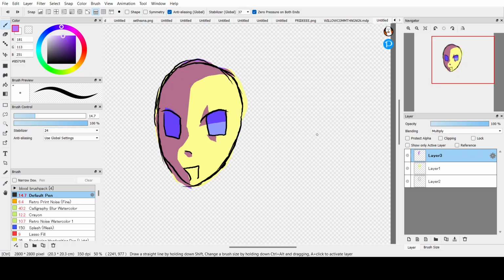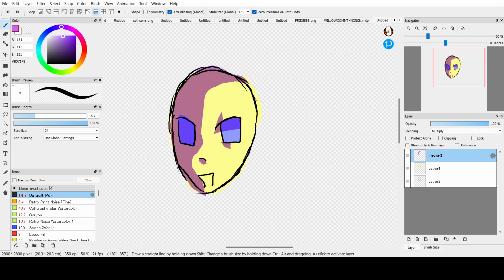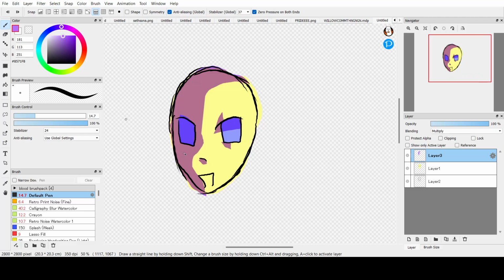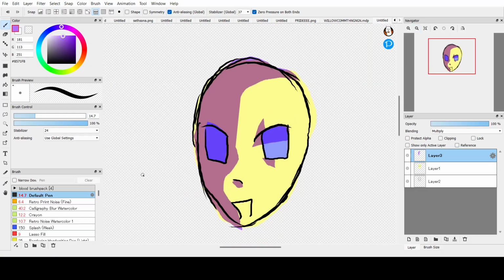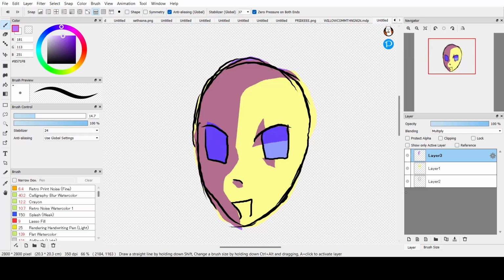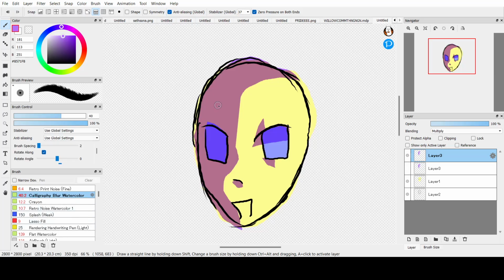You don't have to have a light source if you don't want to. You can mess around, but if you want it to look natural, usually you want to have a light source. Now there's different kinds of shading, so I'm going to show you rendering next. Rendering is more painterly, so